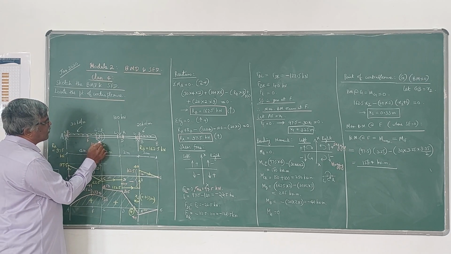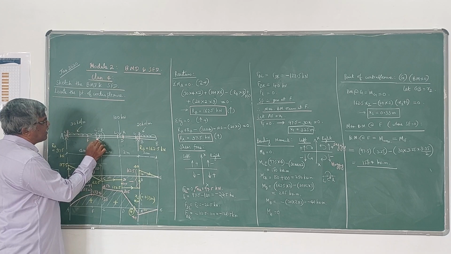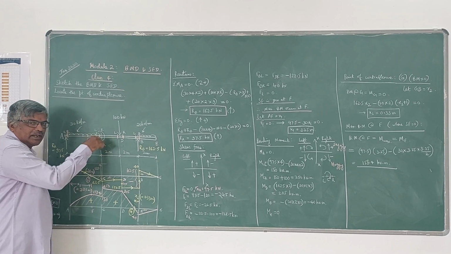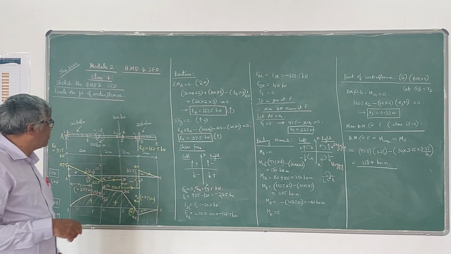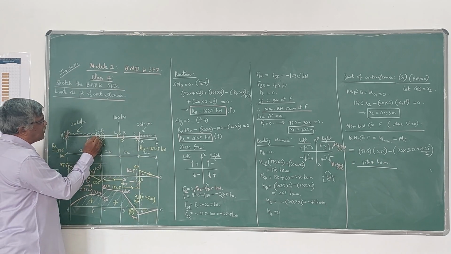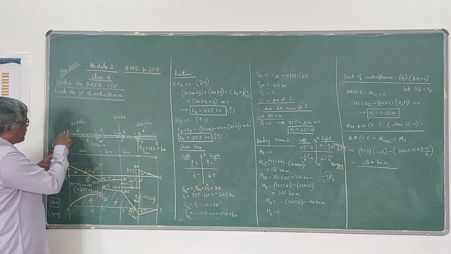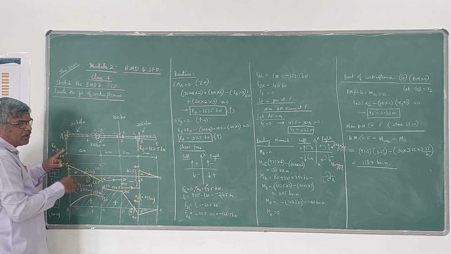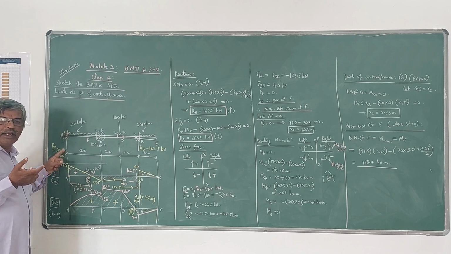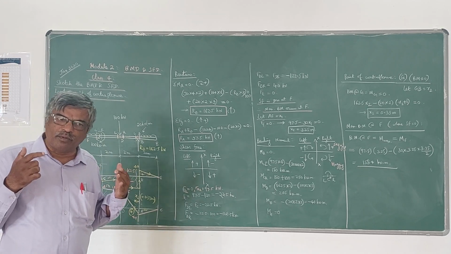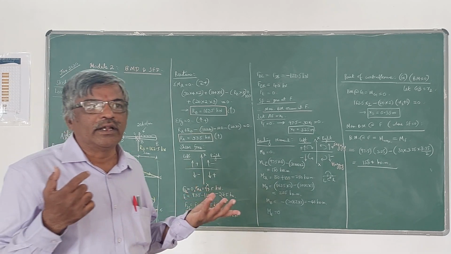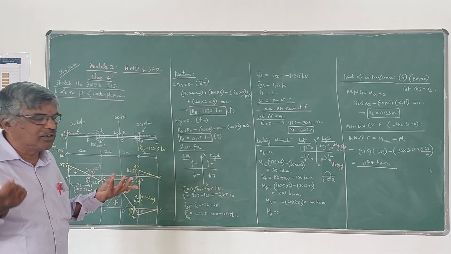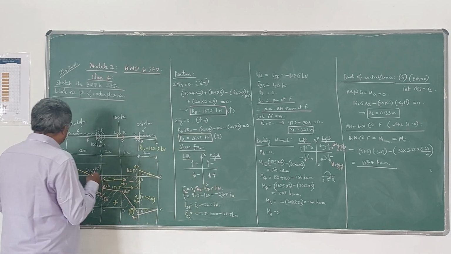Let us see. Now I am going to take MCL. MCL is the bending moment just to the left of C, because the moment is given here. I have to calculate two values now. If you see the left side of C, 97.5 into 4 meters. This distance we have to take. Since we are calculating moment, you have to multiply the force by the corresponding distance from that point. If you are calculating shear force, you need not multiply by distance. It is only the force value.